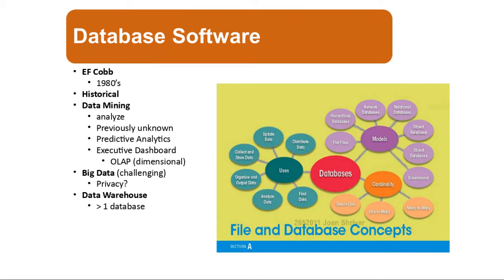When we look at an executive dashboard, we bring together many databases so that you can make informed decisions. So for example, if you're the chancellor for Warren County College, you might look at how many incoming freshmen there are. You might look at how many high school graduates there are in our area. You might look at degree programs, how many are accepted and how many graduate. You might look at how many resources go towards the different programs or marketing the programs to be able to make some decisions about the future, how to change things to improve them,